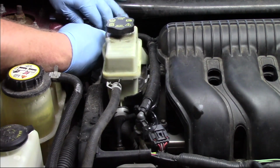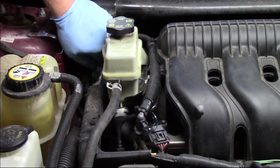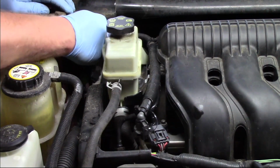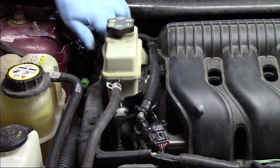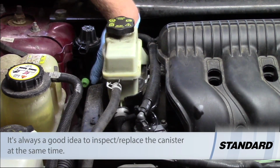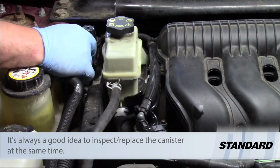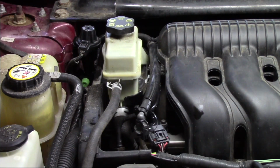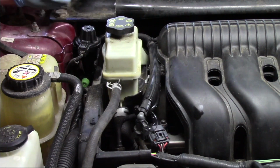Then I slide over here to the bracket, and we'll slide it forward. Got to work it a little bit. There, now that's locked in place as well. Now I'll find my electrical connector, lock it in place, and just like that, we've gone ahead and replaced the canister purge solenoid on this 2006